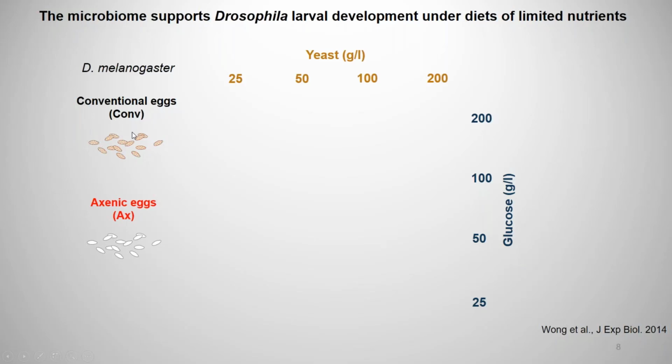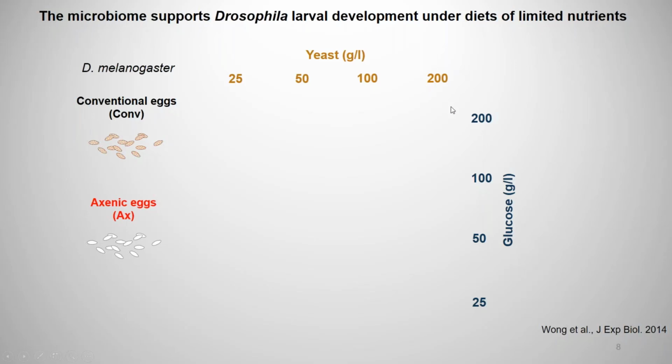by placing conventional eggs, which have the microbiome, and axenic eggs, which don't, into diet treatments. There are in total 16 different diets being set up, made of yeast and sugar. Yeast provides the source of proteins, but also different macronutrients, while glucose is the carbon source. So we set up different concentrations of yeast and sugar so that we have different total quantities of nutrients, but